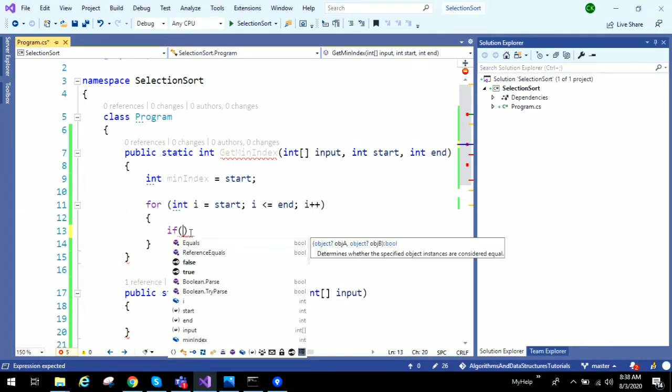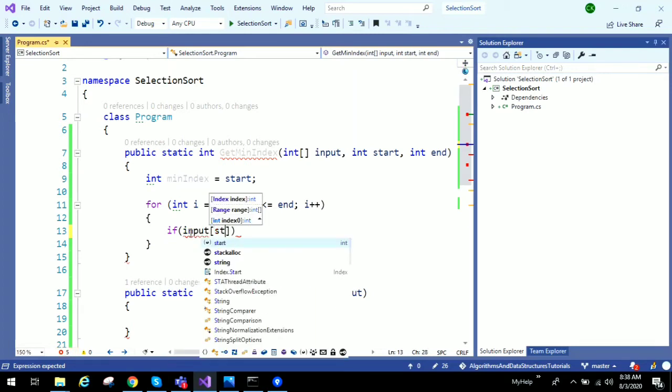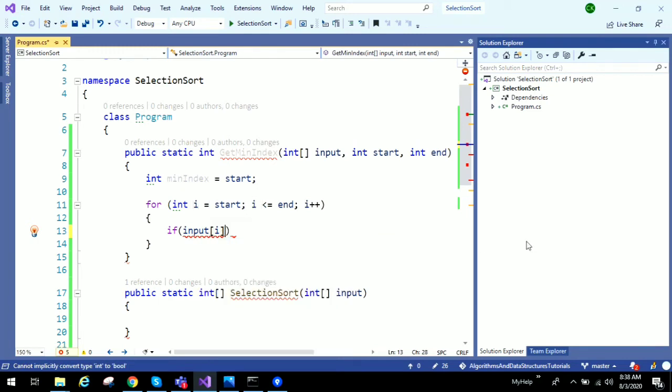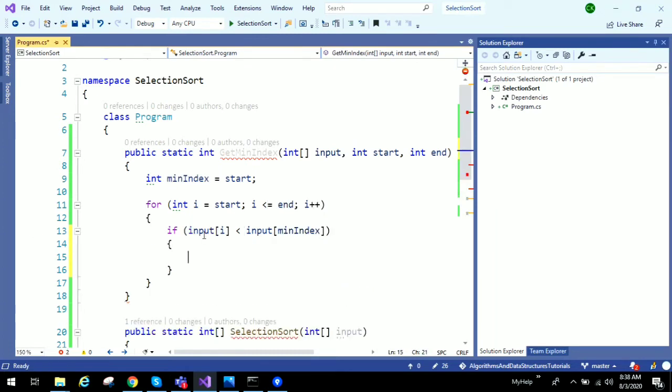If the value at index i, that is input of i, is smaller than the value which is at min index, input of min index, then this will become new minimum index.